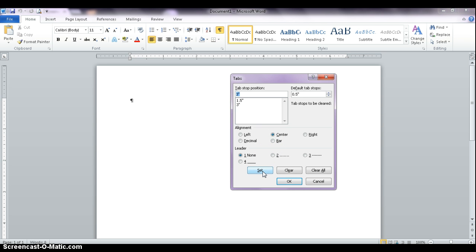Our last tab is going to be at 5.5, which is way over here. Okay, this is going to be a right align tab, and this time I'm going to introduce those leader lines. If you've ever seen in a table of contents, it might have like chapter 1 ... page 2 or something like that. That is what we use as this number 2 leader lines. Okay, we're going to hit set, and now you should have 3 tabs in your tab stop position, and you're